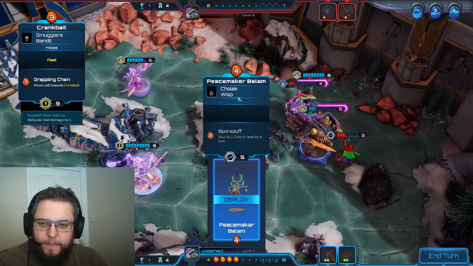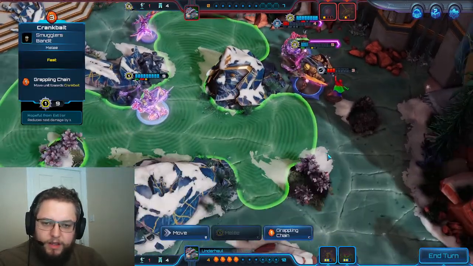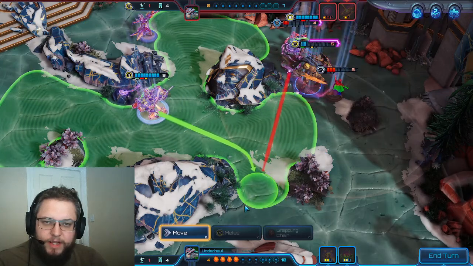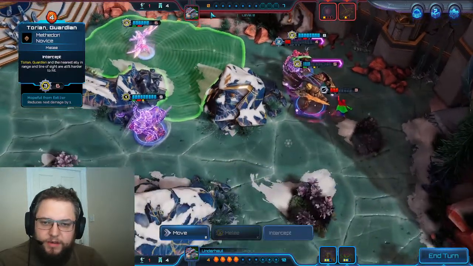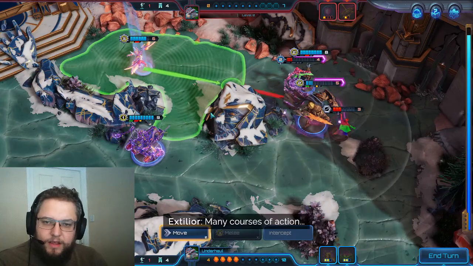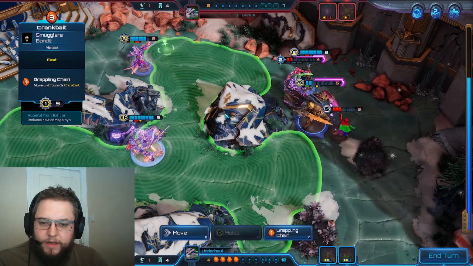Peacemaker Malum. So we're not going to get to use that, because it's not what we need here. But even something along the lines of maybe pulling Extilior away? Making them move towards us, or... Basically, one of the things I want to figure out is, can we get... Many courses of action. I think we just go up here,